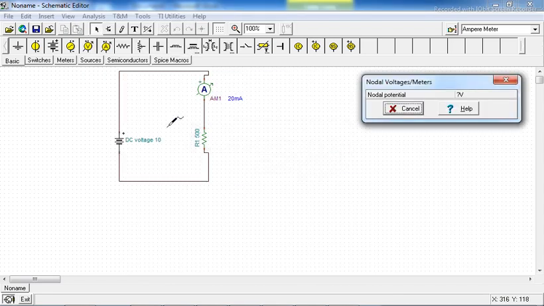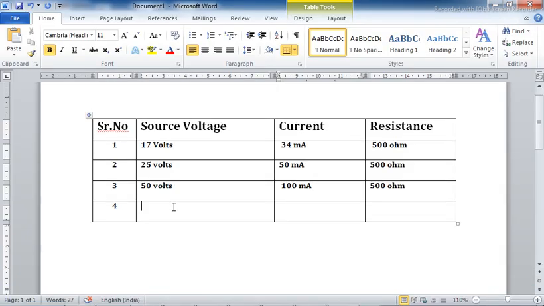Now check, the DC voltage is 10 volt and the current flowing is 20 milliampere. Let us note it down. So now you can obtain your conclusion. When there is a decrease in source voltage, the current flowing through that circuit decreases.